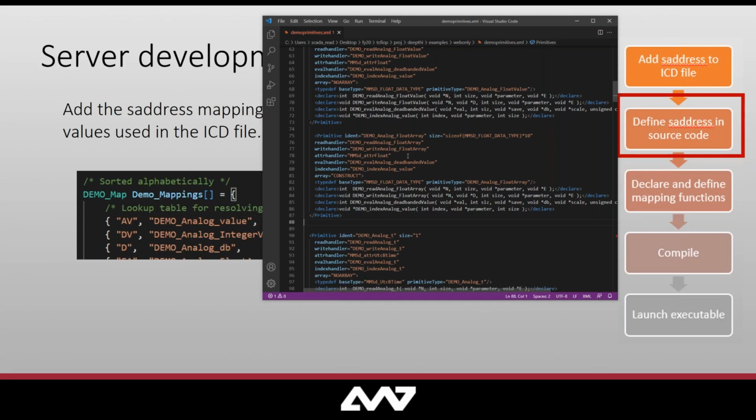Then there's the attribute handler, which just tells it what type of an attribute this is, and the evaluation handler, which lets you validate if it's the right value and within bounds. And then you have an index handler, which is basically just used to index the S addresses in your source code.